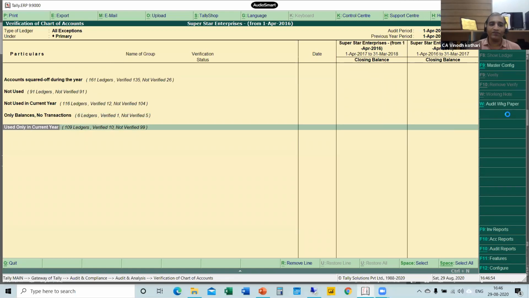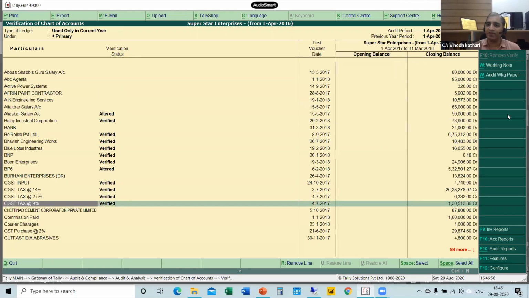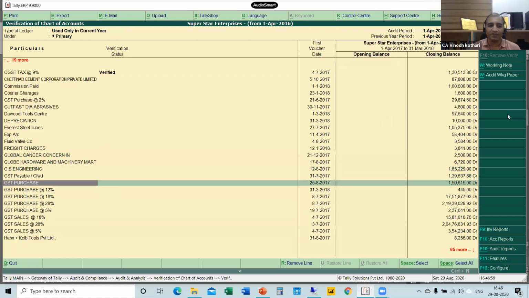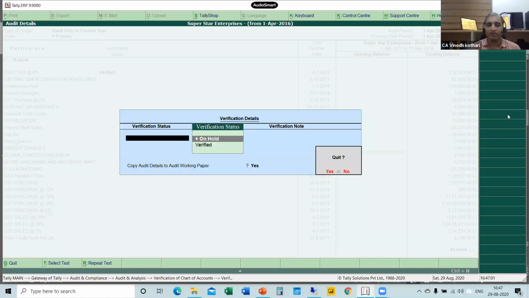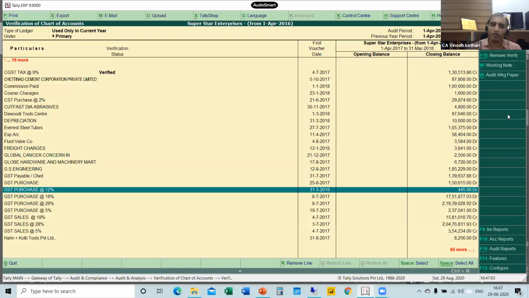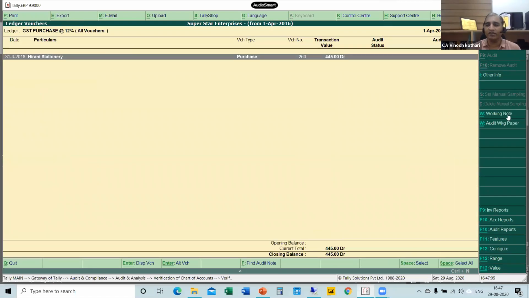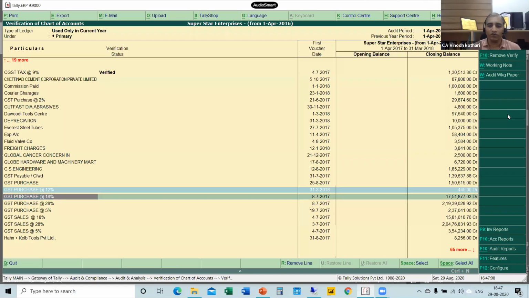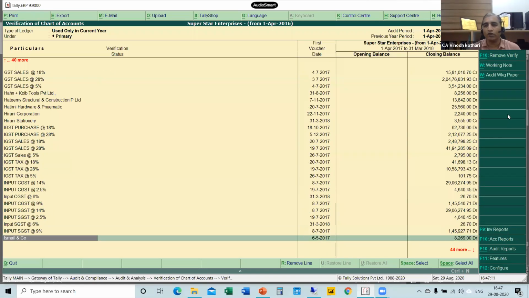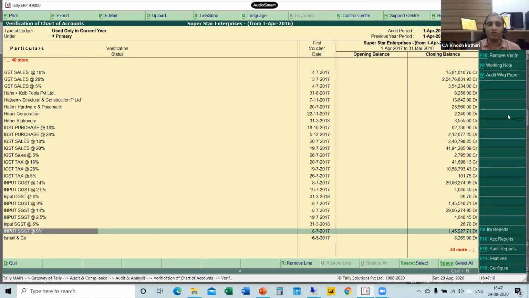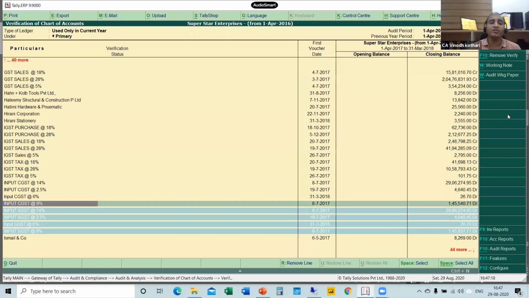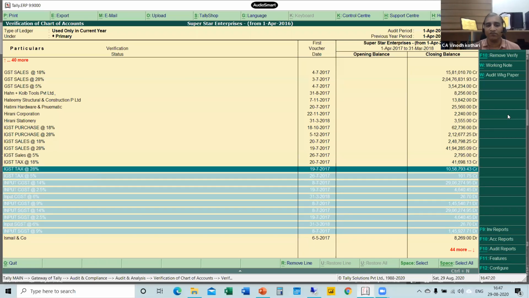Then if you want to verify the ledgers where transactions have been made, one by one you can verify, just press Enter, you can raise the query. If you want to go into the voucher, Enter, you can find the vouchers and then accordingly you can raise your query. So this way you can raise all your queries in Tally, and give a remark whether verification is done or not. Say I want to provide that these multiple ledgers have been verified.